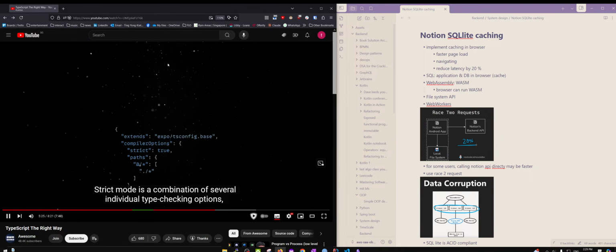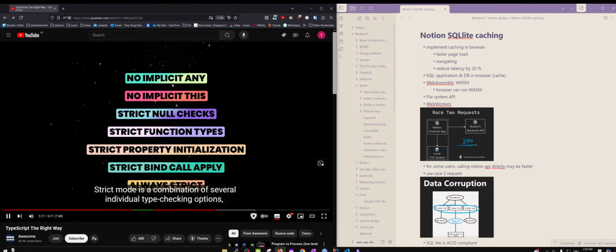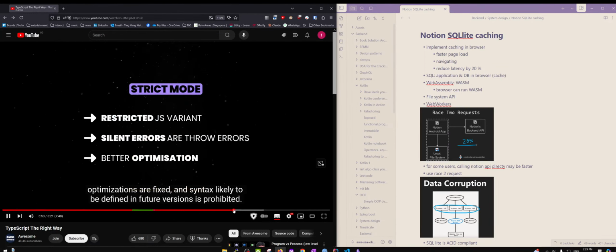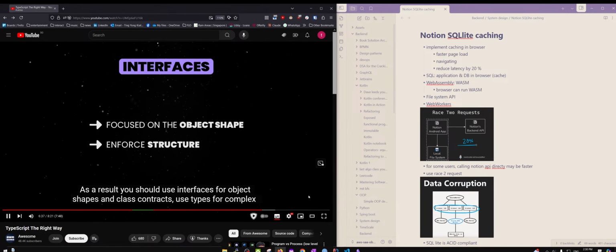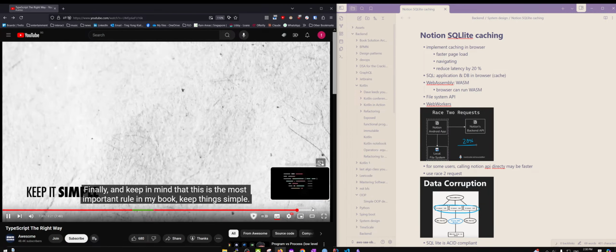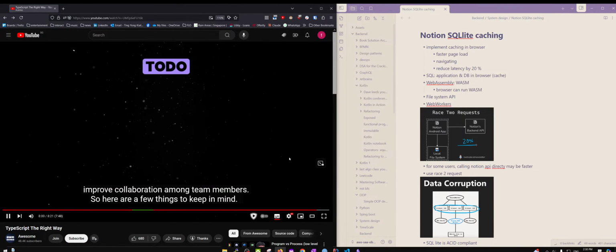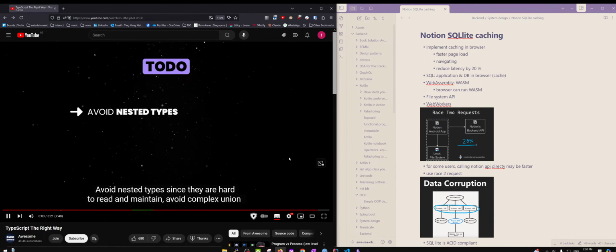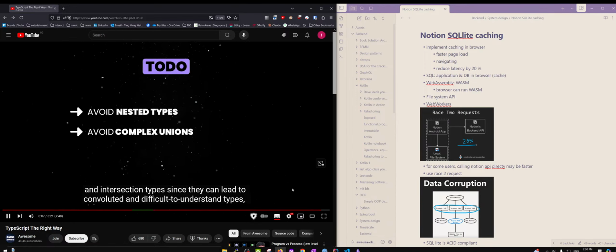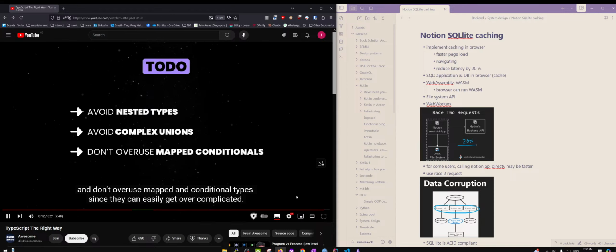Strict mode is a combination of several individual type checking options collectively aimed at making your code less likely to have errors. As a result, you should keep things simple. There are a few things to keep in mind. Avoid nested types since they are hard to read and maintain. Avoid complex union and intersection types since they can lead to convoluted and difficult to understand types, and don't overuse mapped and conditional types since they can easily